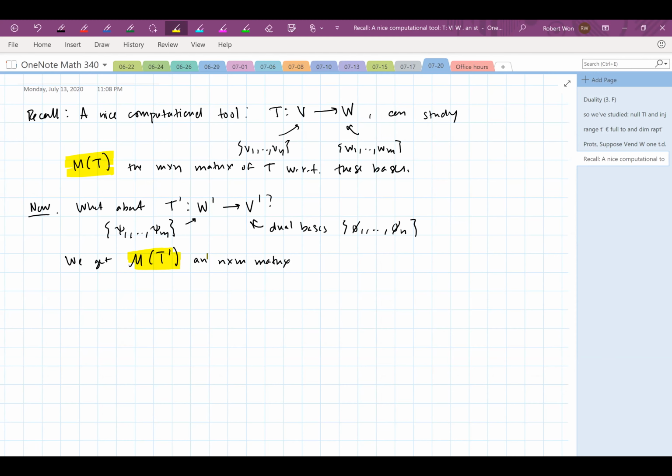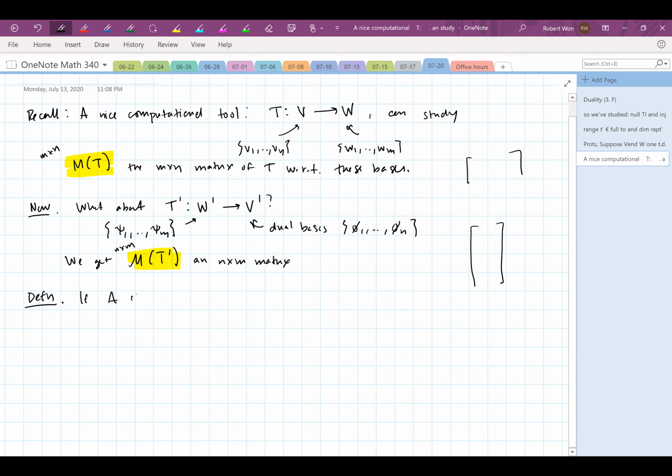It has not quite the same size, right? This one is M by N. This one is N by M, right? So if this one looks like this, then this one looks like this. If the top one is wide, then the bottom one is tall. Well, there is one operation that you know about matrices that plays with the size of the matrix in this way, and that is the notion of the transpose.